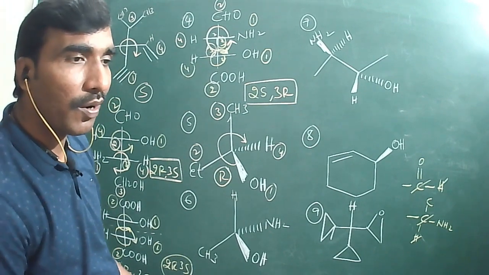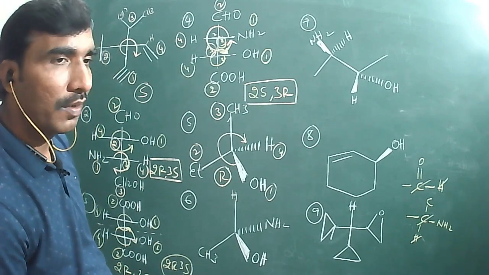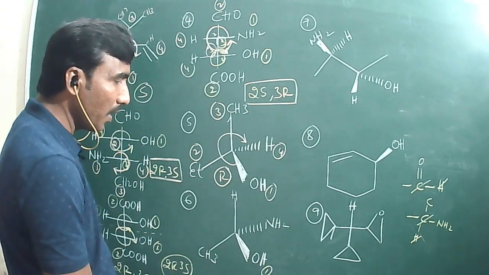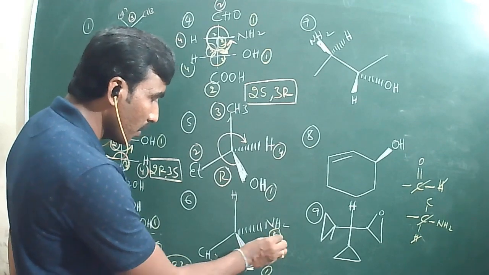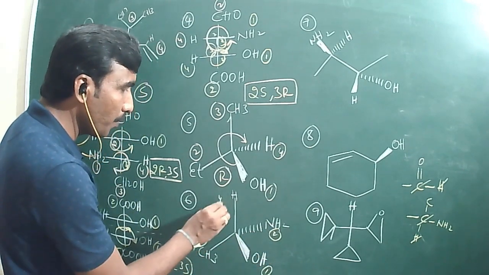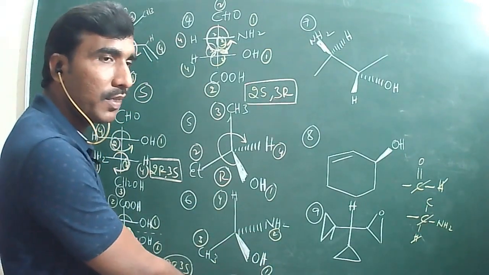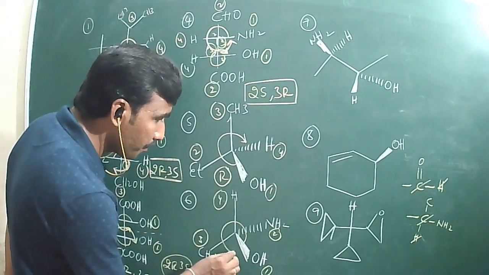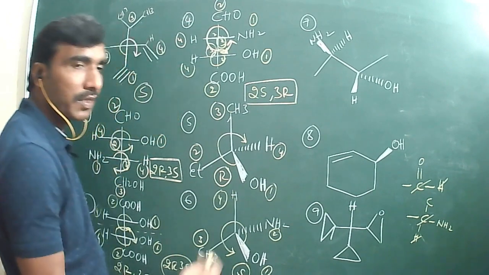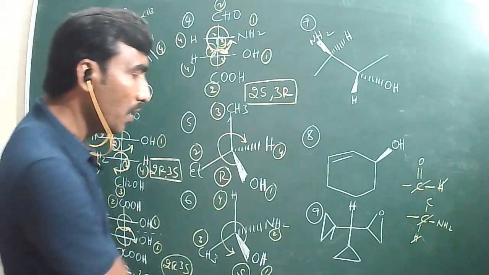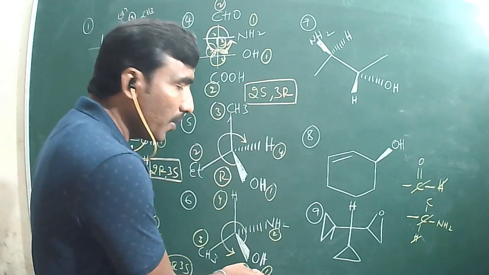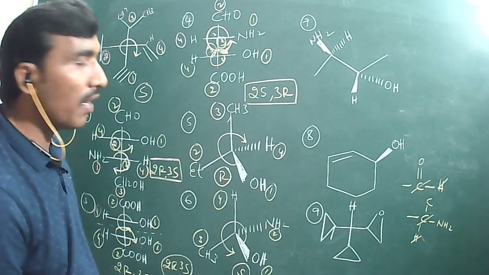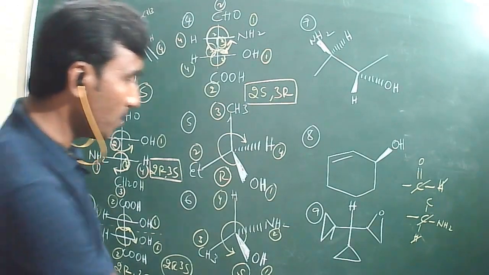Is it R or not? And here first priority group is on thick line, second priority group, third priority group, and fourth priority group, whatever it may be. First priority group is on thick line means as it is 1 to 2, 2 to 3. S configuration, rest of the things need not be considered. If the first, top priority group is on the thick line, if it is clockwise R, if it is anti-clockwise S. Right, understood? This one S.